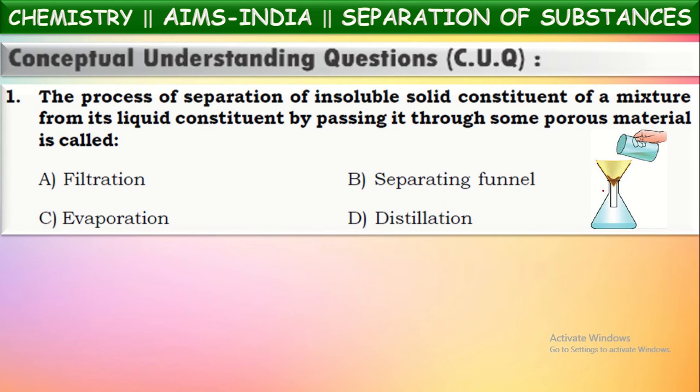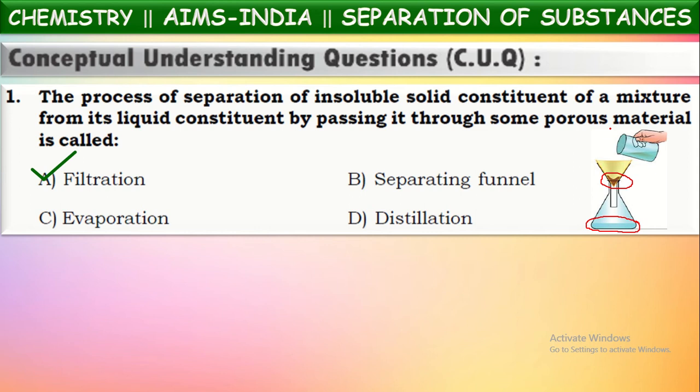Now the substance which remains in the solid material is called residue, and the pure liquid obtained in the other container is called filtrate. And this process of separation of an insoluble solid substance from a liquid is called filtration. Okay, and the material used for the separation of these components is called filter paper, or that porous material is called filter paper. Sometimes they may use a sieve based upon the size of the solid particles to be separated. Different porous materials are used.